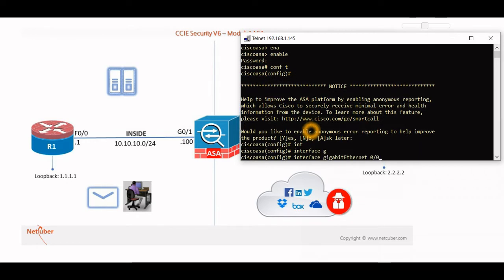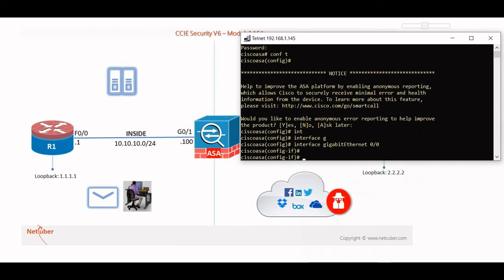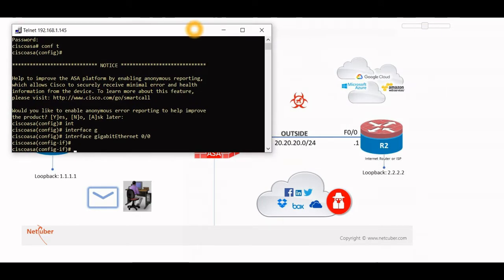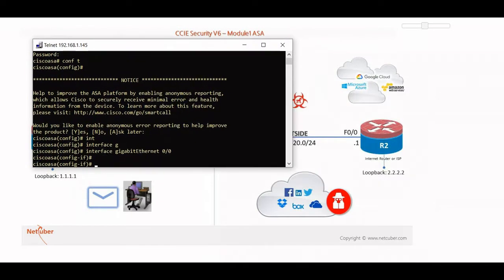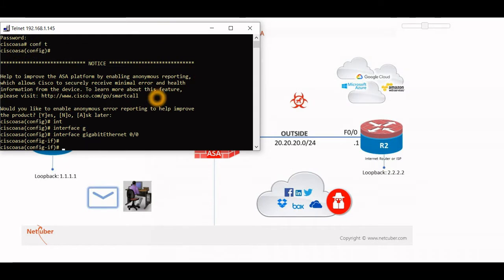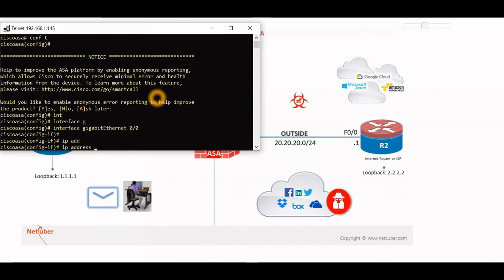Interface 0/0, which is the outside interface, and the IP address which we are configuring is 20.20.20.100. That is our plan. 20.20.20.100/24